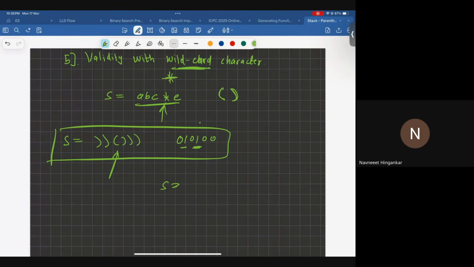Something like this, that maybe I could insert a partition here,